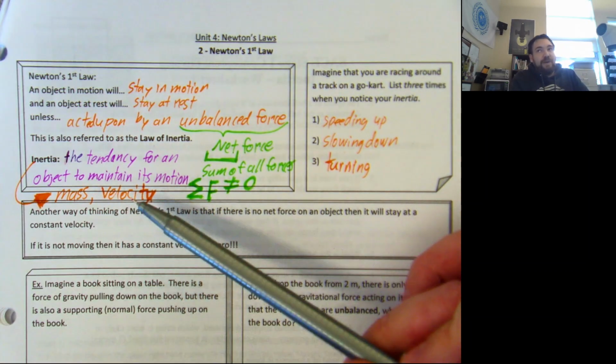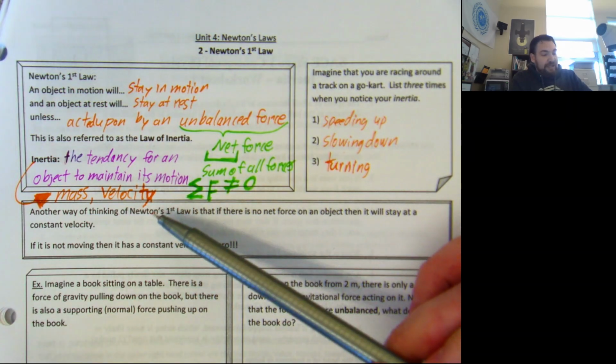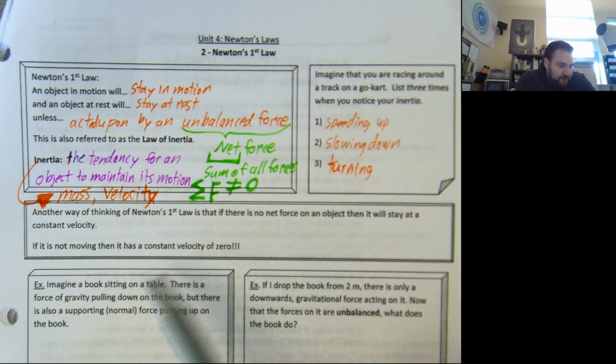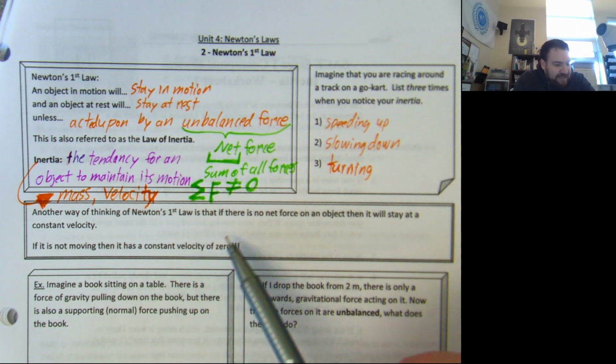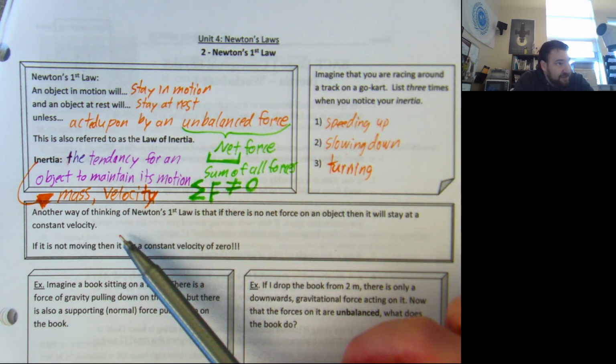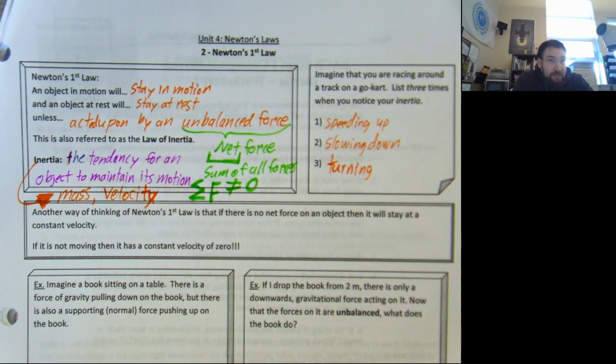Small objects moving very quickly, large objects moving very slowly, still, both cases have tons of inertia. So this is another way to think of Newton's first law: if there is no net force on an object, then it will stay at constant velocity. We talked about